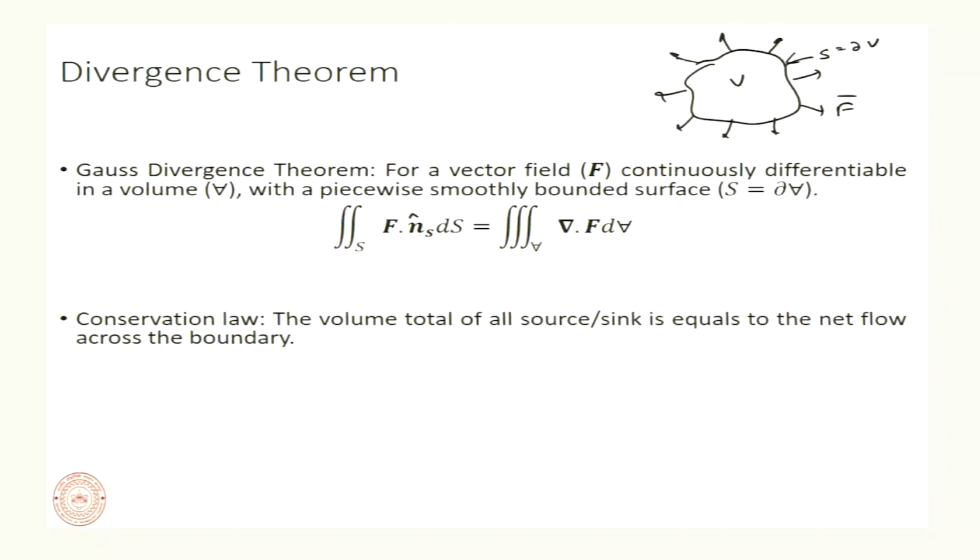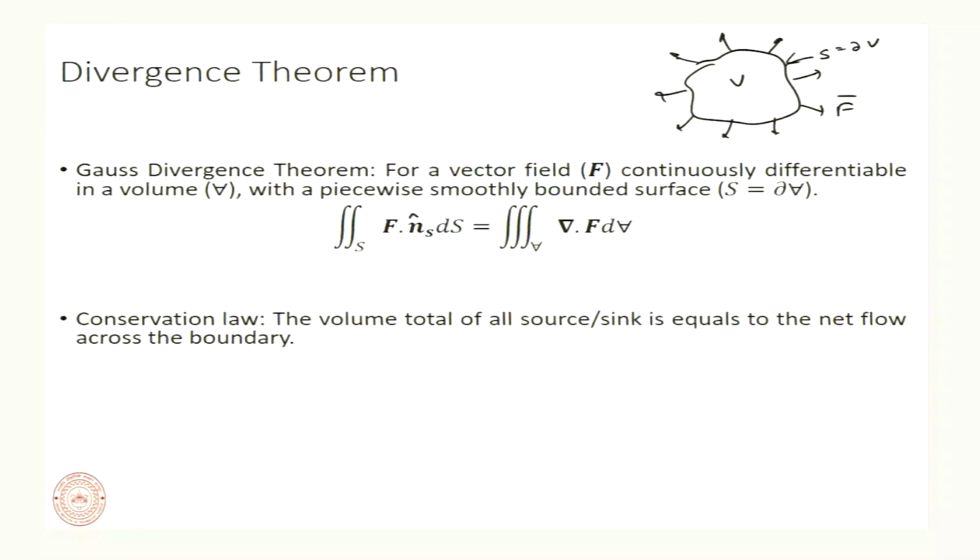So, what does divergence mean? From last class, we have seen that divergence is linked to the net source or sink, that is a net outflux or influx of a given vector field. So, if f is net going outwards, then the divergence of f is positive. If f is in summation getting inwards, then the divergence is negative. So, what this relation tells us is that for a vector field